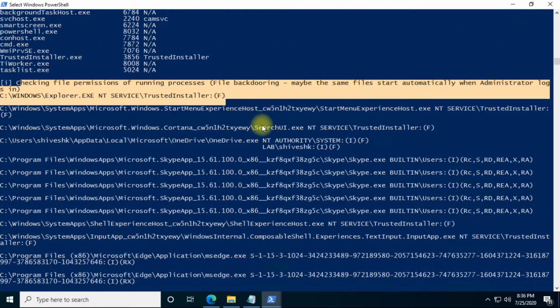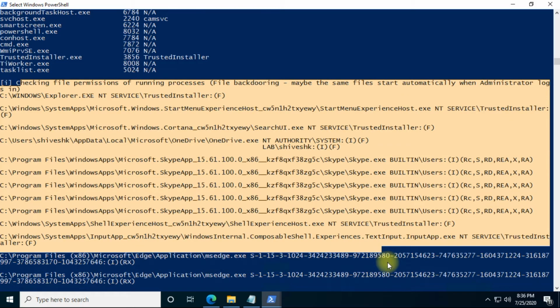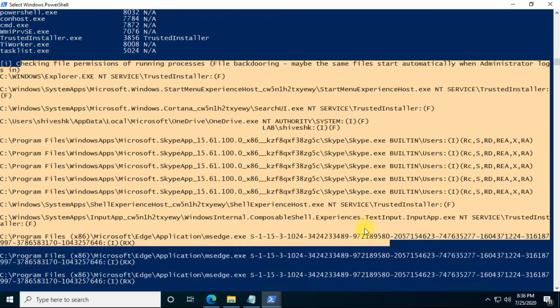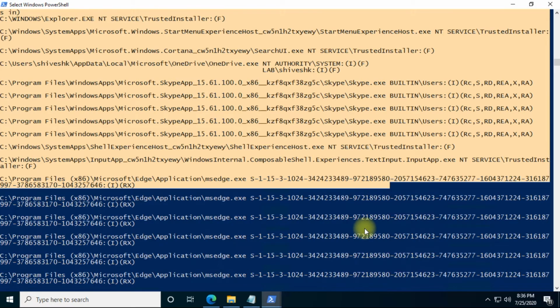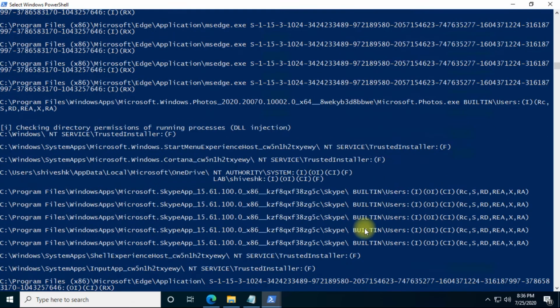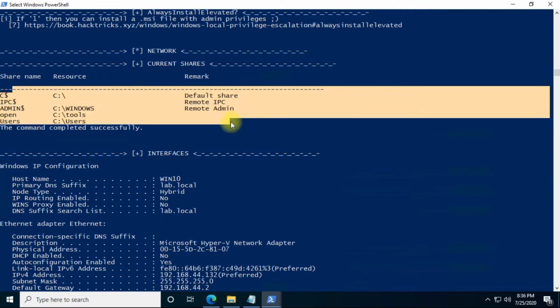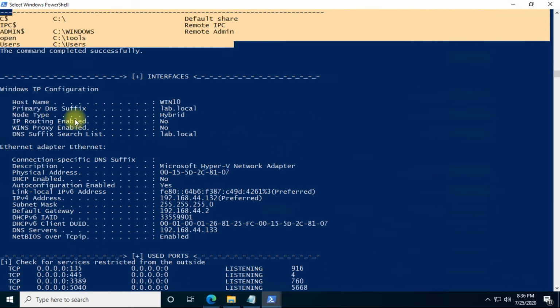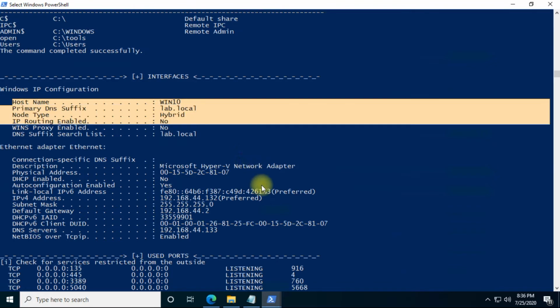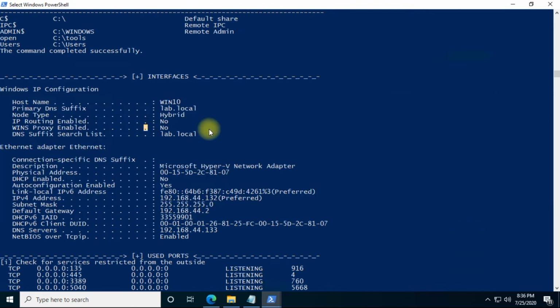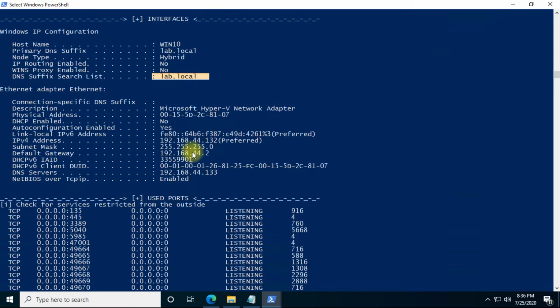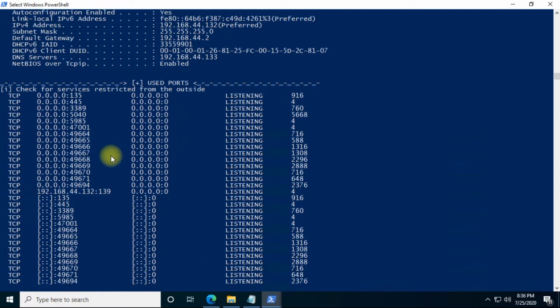What other users are present on the system, IP details, and domain details we can get this way. The IP addresses present, what ports are listening, those things we can get this way. Firewall status we can get this way. A lot of scope, whatever you can think of comes under it.